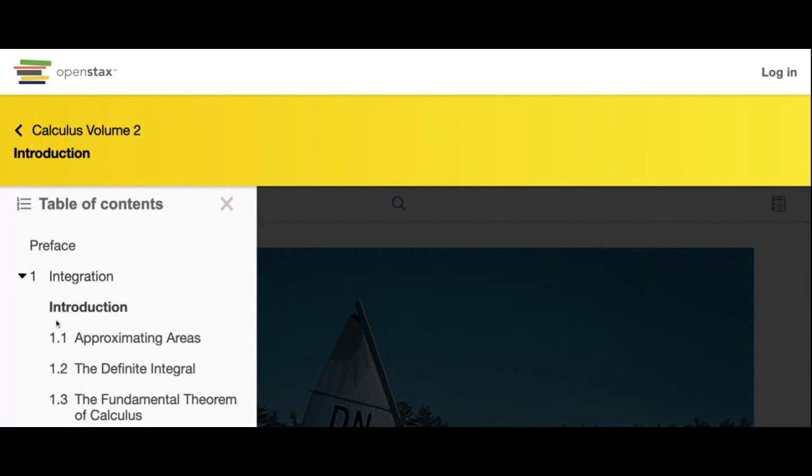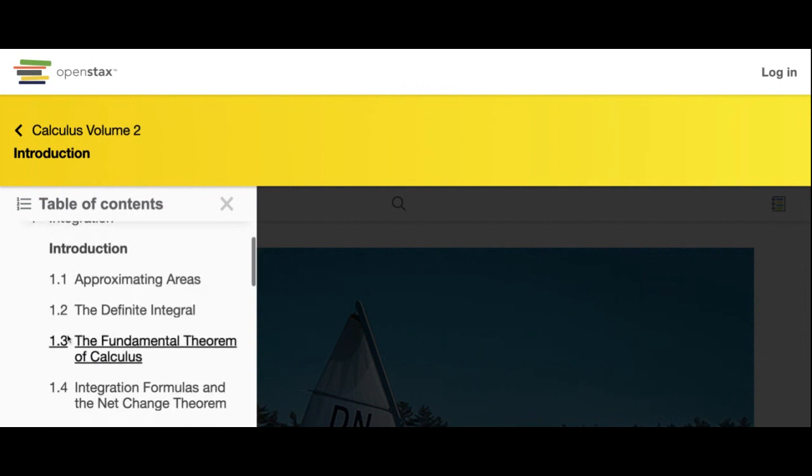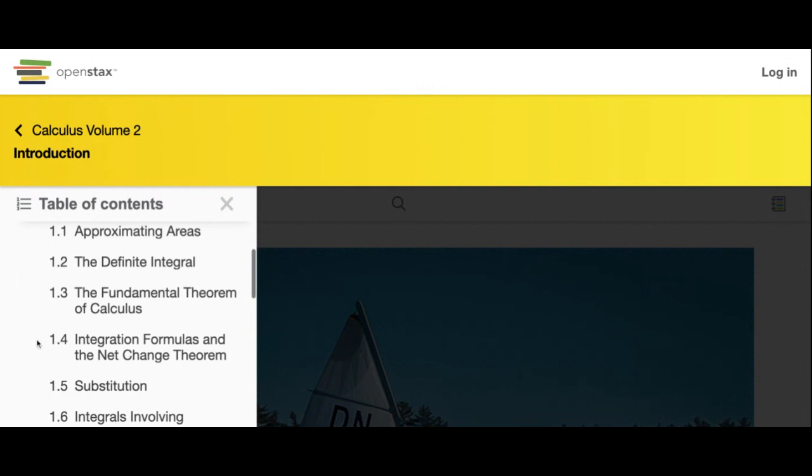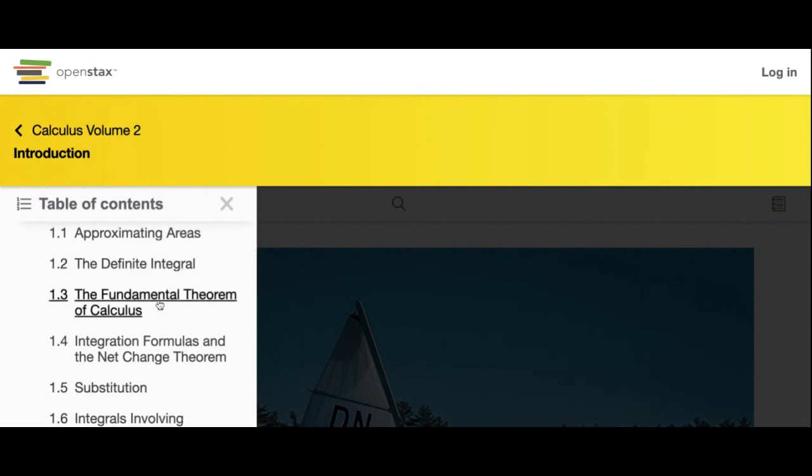So the midterm will cover integration, right? So calculating areas. I'm not going to give you any Riemann sum questions, which is approximating areas. We don't need to approximate areas anymore, because since we know the integral, we can find the exact area. So the definite integral, fundamental theorem of calculus, the two parts, right? So definite integral, fundamental theorem of calculus with two parts,